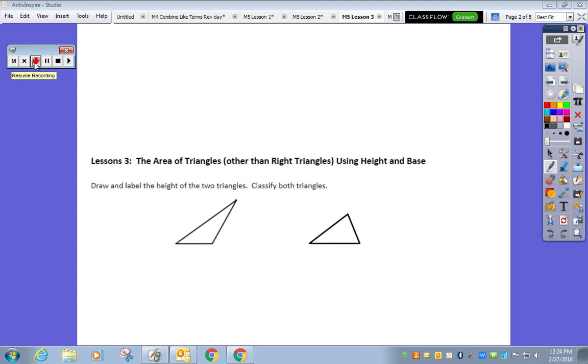Okay, so in lesson 3, we're going to look at the area of triangles other than right triangles using the height and the base. So the first part here wants us to draw and label the height of the two triangles and classify both triangles. That just means to give it a name. So with the first triangle, in order to draw the height of it, we would have to draw outside of the figure. So now remember, your height has to come out of your base and go to the opposite vertex